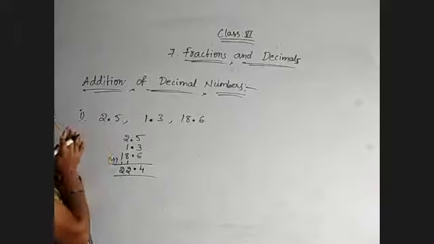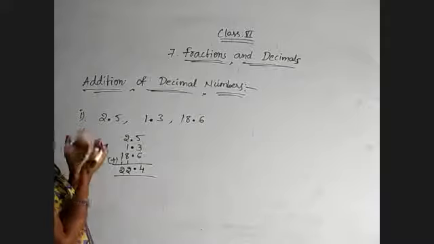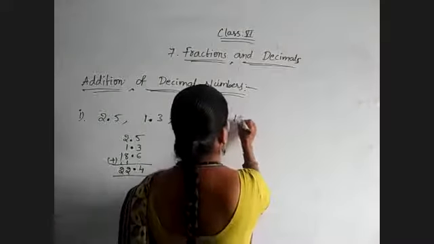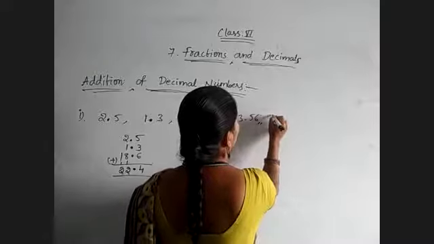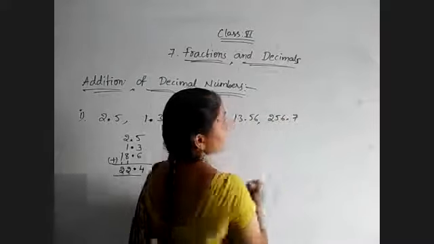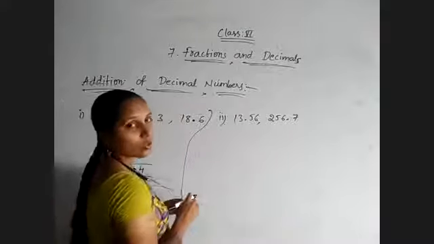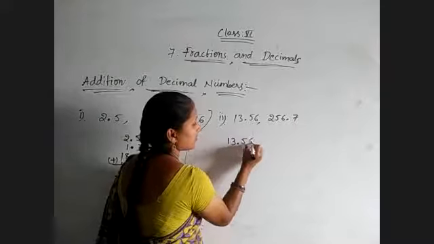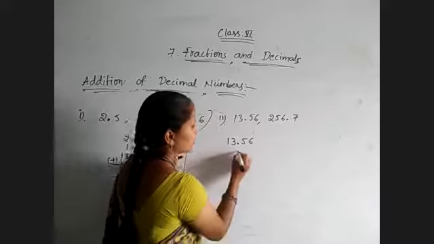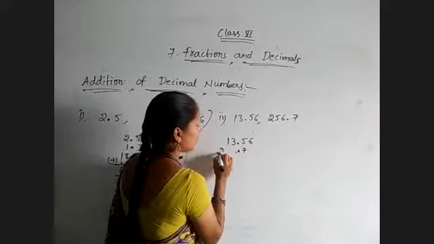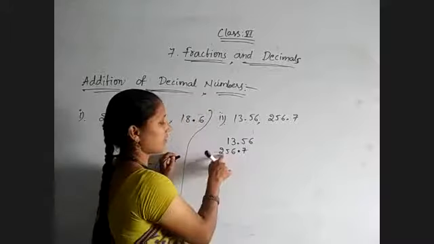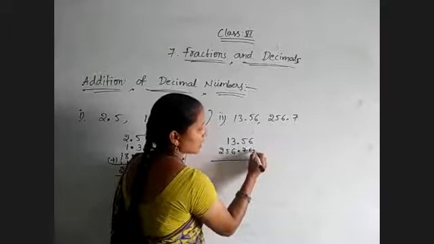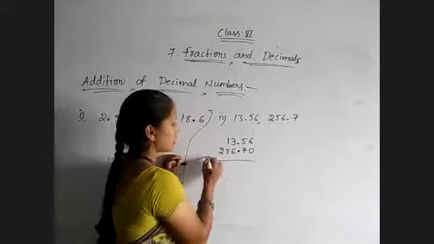Here all the decimals are like decimals. If we are getting unlike decimals, in that case how must we add? So suppose I have 13.56 and 256.7. Like these two decimal numbers I have. I want to add those two decimal numbers. Now first of all arrange them. 13.56 and 256.7. So point will come here and 7 is here. Now because these two are unlike decimals, just by keeping 0, we will make them like decimals. That's it. Add the numbers.